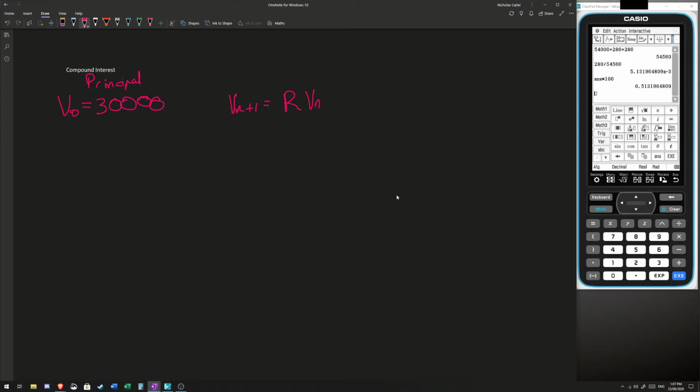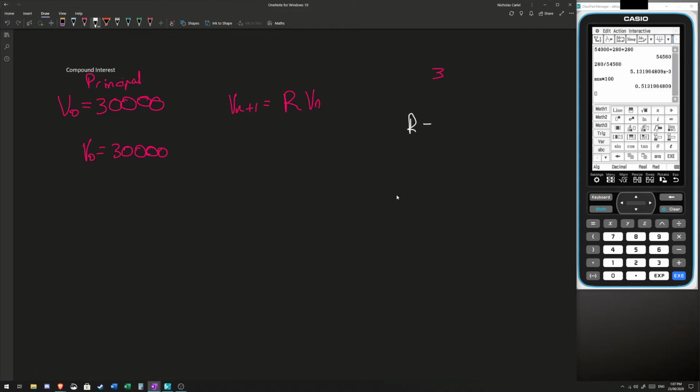These look confusing, they're not overly difficult. Our V0 is 30,000. Let's say we have a rate of 3%. To work out what our R is,